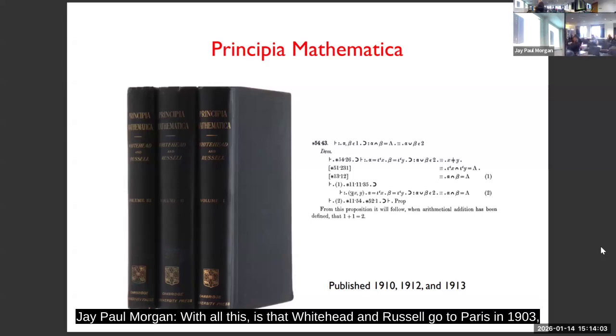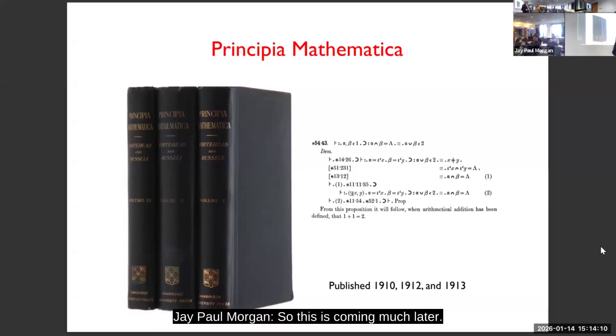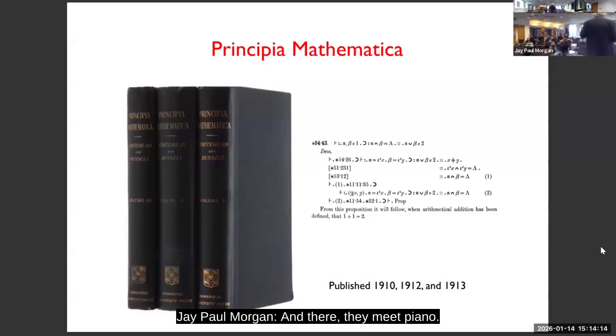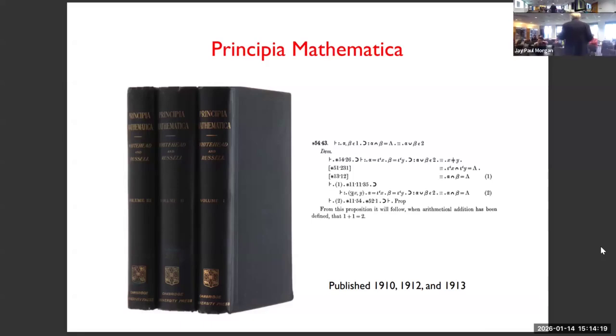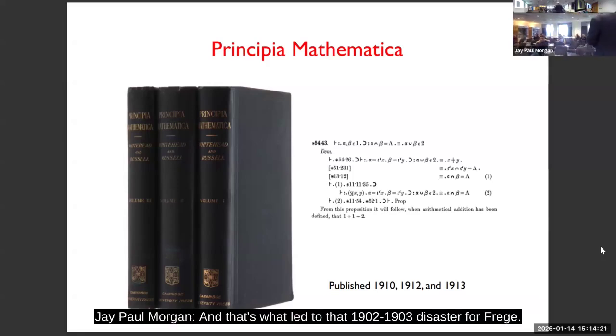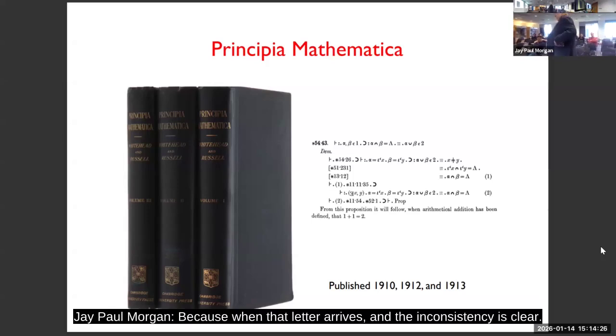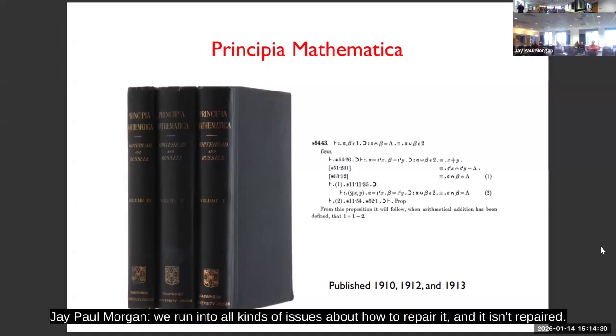Now, what happens with all this is that Whitehead and Russell go to Paris in 1903. So this is coming much later. And there they meet Peano, and Peano tells them about Frege's work. And that's what leads to that 1902-1903 disaster for Frege. Because when that letter arrives and the inconsistency is clear, we run into all kinds of